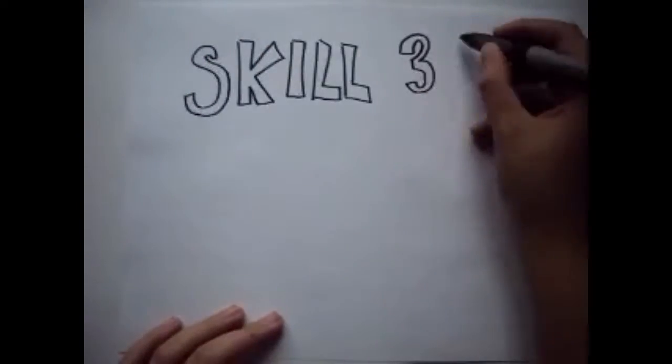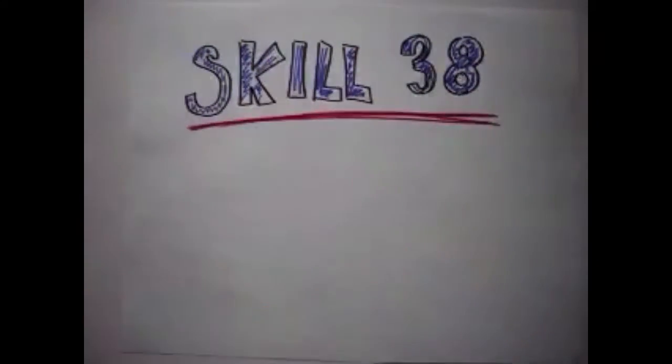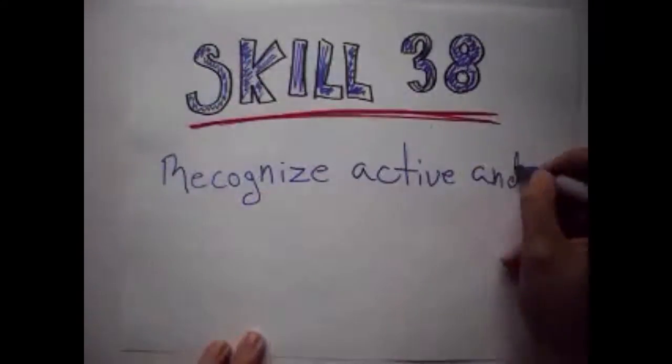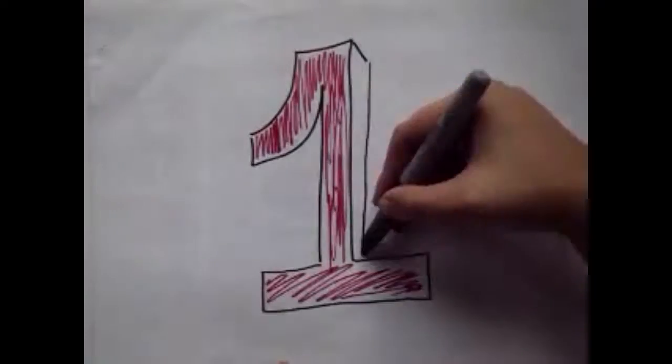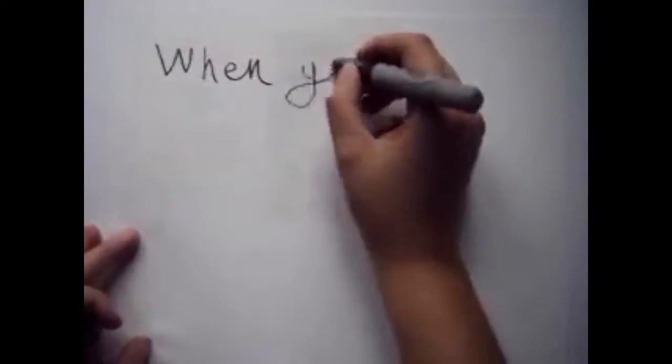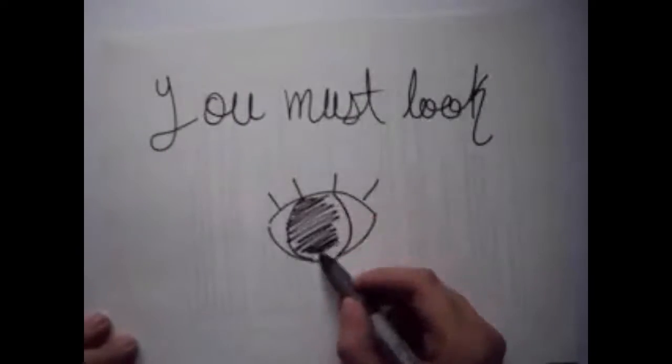Hello and welcome to the Skill 38, where we are going to learn some tips to recognize active and passive meanings. The first thing we need to know for recognizing when to use active or passive in a sentence is that when you don't have an object after a verb, you must look